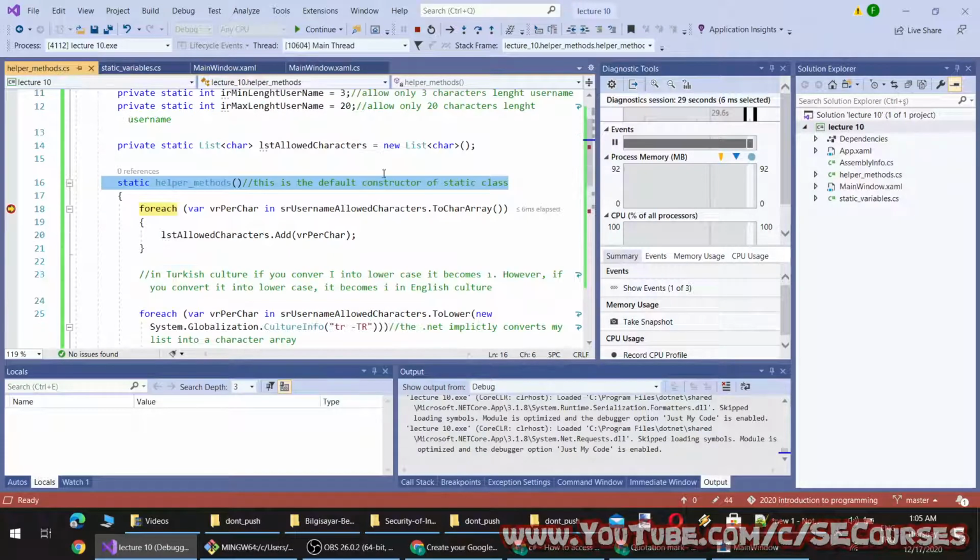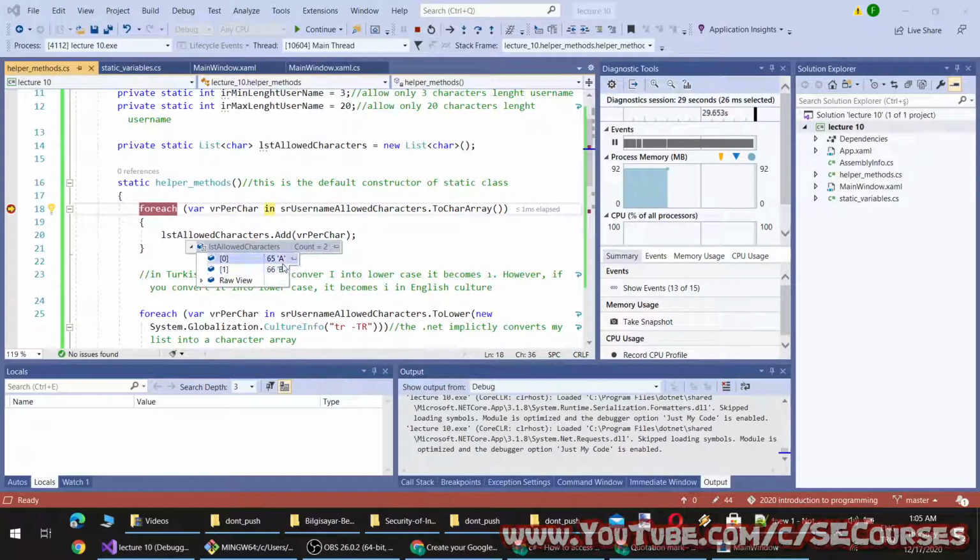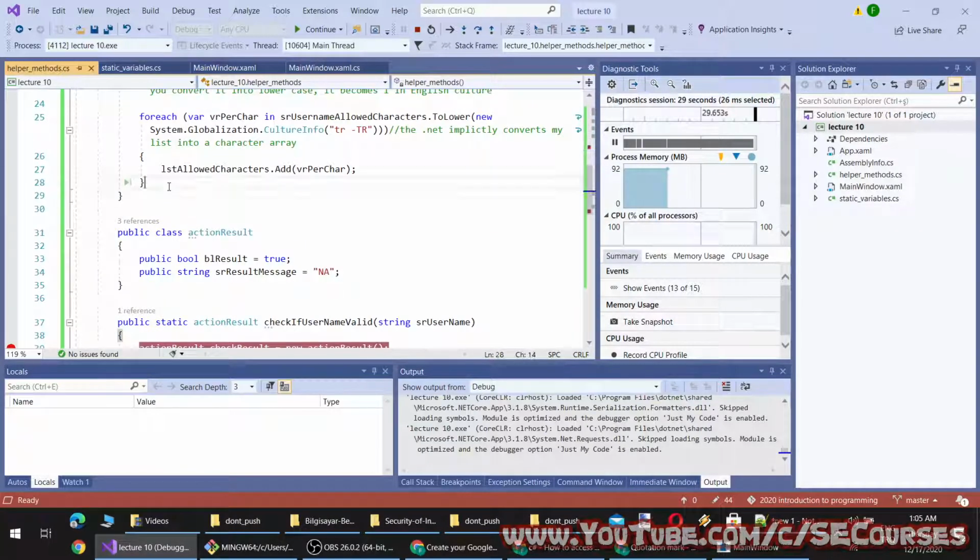Okay. So let's check if our method is working. It is adding characters. You see, it is also showing me the integer value of characters here. And let's continue the execution until this point of the software. Continue.